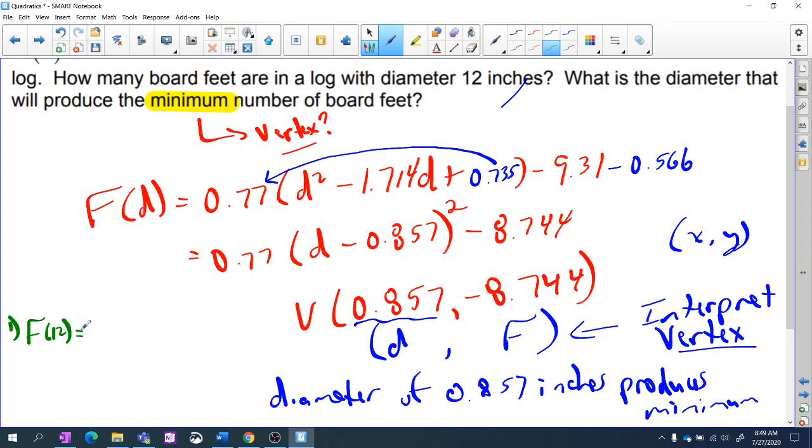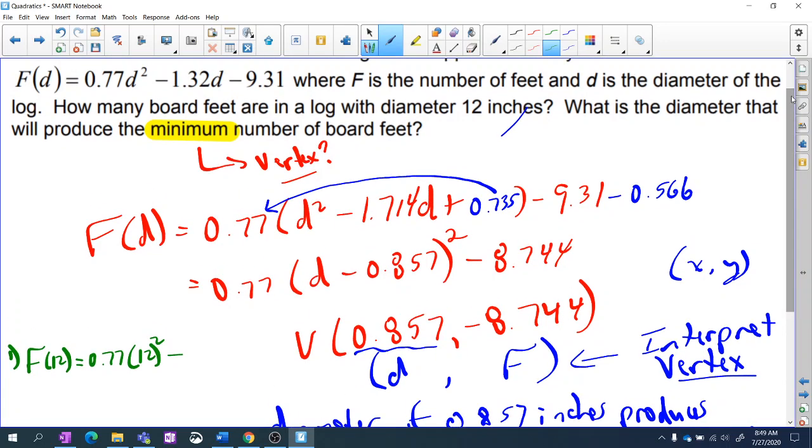It doesn't say anything about max or min, so it's not asking you about vertex. So it's 0.77, 12 squared, subtract 1.32 times 12, take away 9.31,